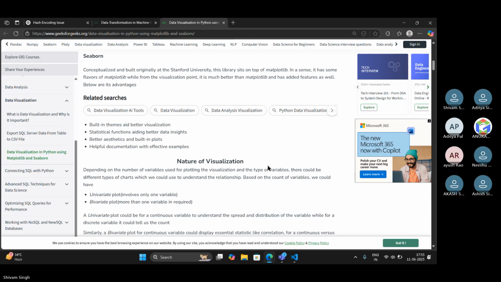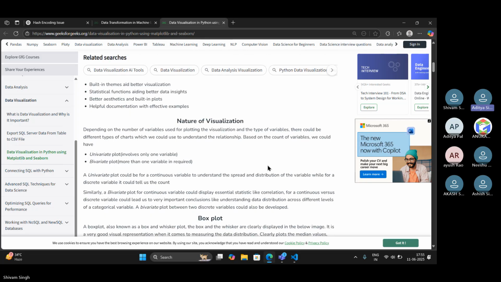The next point is the nature of data visualization. Depending on the number of variables used for plotting and the type of variable, there could be different types of charts which we could use to understand the relationship between them. Based on the count of variables, we could have